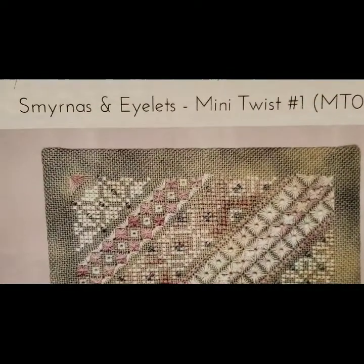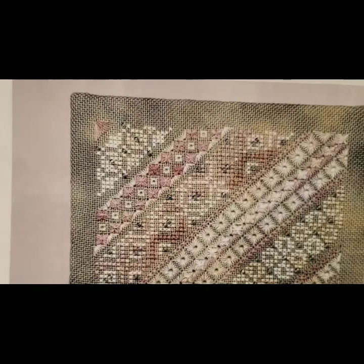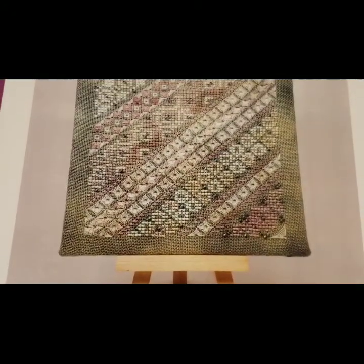I like this. Specialty stitches I really, really like. And I have been looking for another specialty stitch to do. So I really do like this one. Pardon me, something took my breath away there. I'm probably gonna...